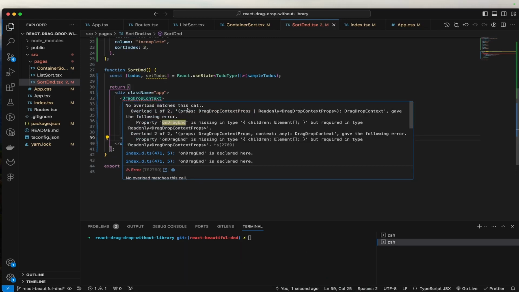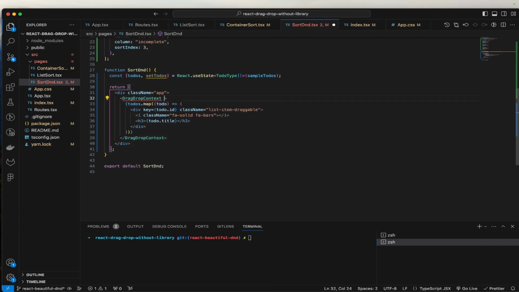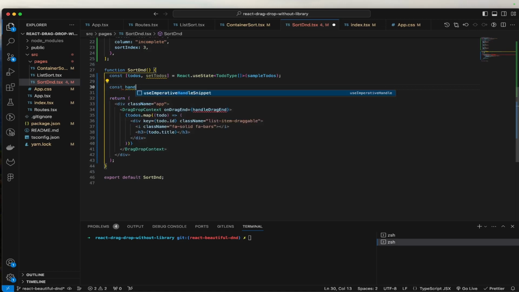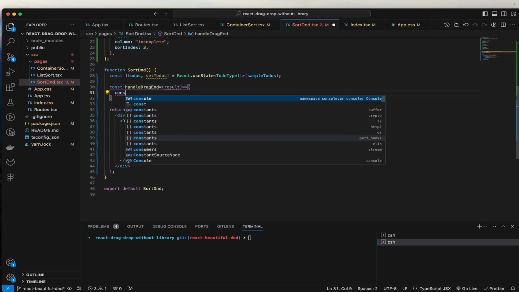So let's do this, and we can just call handleDragEnd, and then here we can have a function called handleDragEnd, and it will have a result. And for now we can just console log